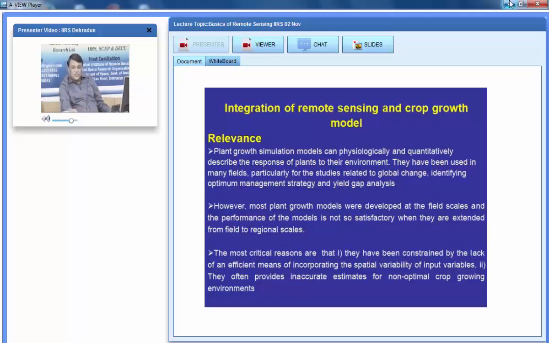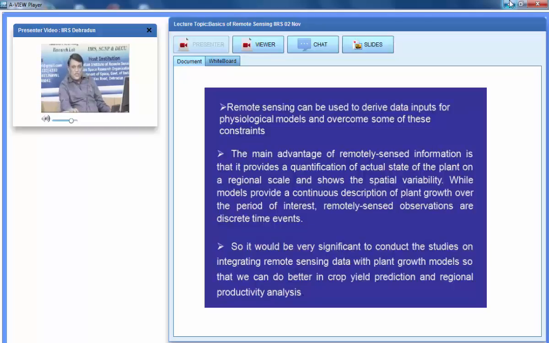As we know, remote sensing can provide the actual status of crop vigor information. So the potential of both techniques needs to be realized. Remote sensing can be used as a derived input for the physiological model and overcome some of these constraints, because it provides the actual state, and also these remote sensing data are discrete time events. They are not continuous. So one needs to always integrate discrete data from remote sensing with the continuous daily time step information available